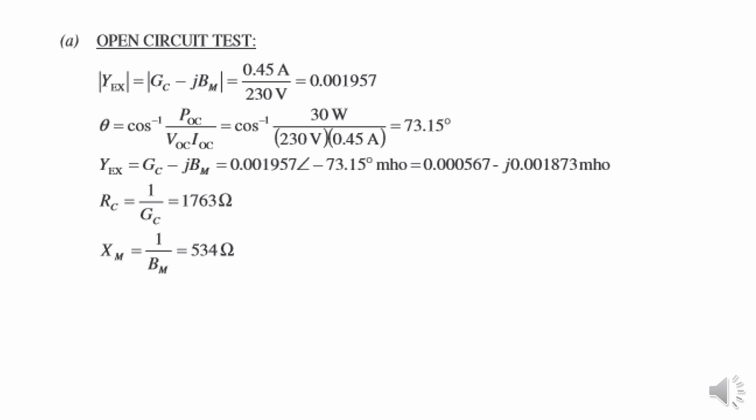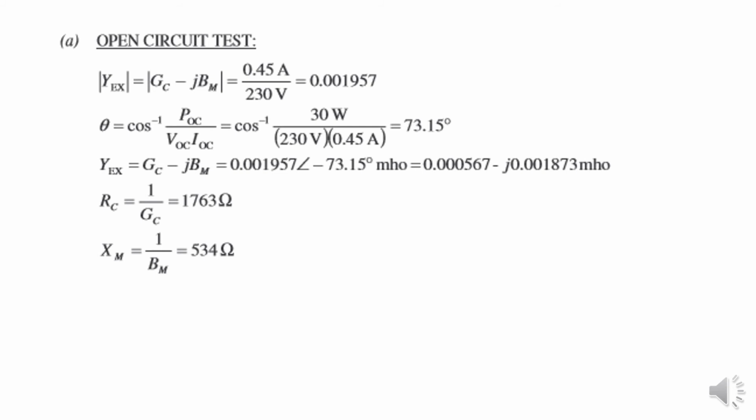Therefore we can find YEX, since we know the magnitude, which is 0.001957, and the angle is minus 73.15, right? When we write this in the rectangular form, it will be written as 0.000567 minus j 0.001873, right? So 0.000567 is GC. GC is 1 over RC. Therefore, RC is equal to 1 over GC, which is equal to